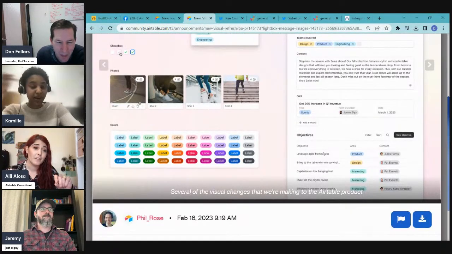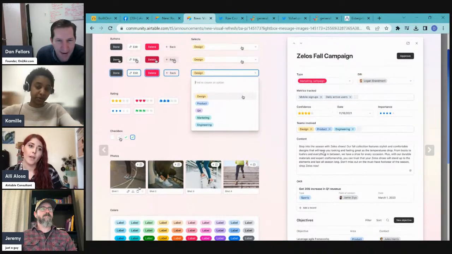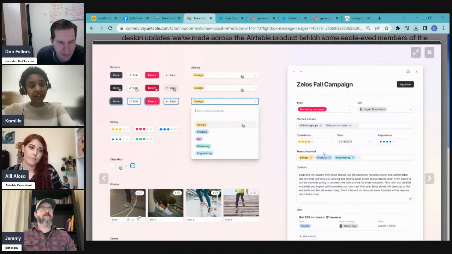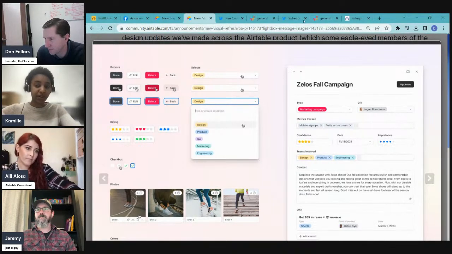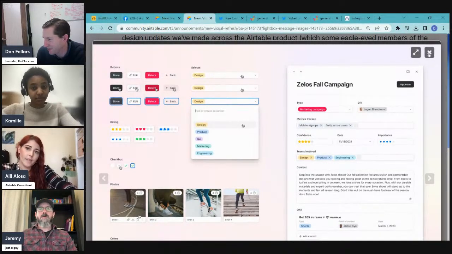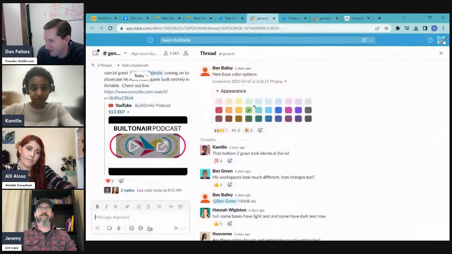I know when they enabled it in interfaces, you can expand a record and it goes to a new page. Before, it would open the expanded record modal that we were familiar with. And now it opens a new page. And they had talked about in a webinar that they will eventually allow you to do both. You can go to a new page, or you can open a modal. And I wonder if this is the modal that would open. Could be. Maybe.